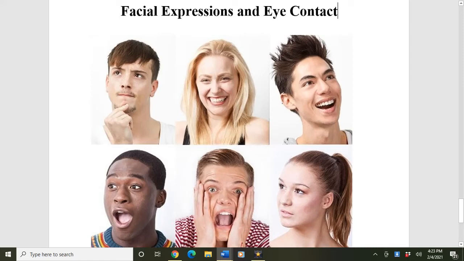Or that girl in the bottom right-hand corner, I'm looking at that and I'm thinking, she's probably thinking, did you really just say that to me? So she's kind of in shock about the whole thing. And so we look at faces, and people's faces really are going to tell us so much about how they're feeling and what's going on with them.